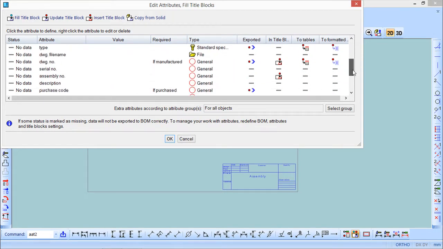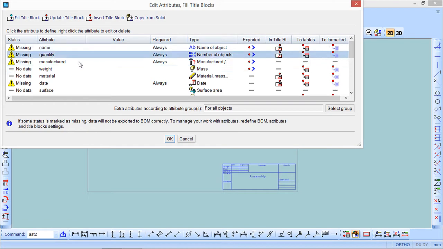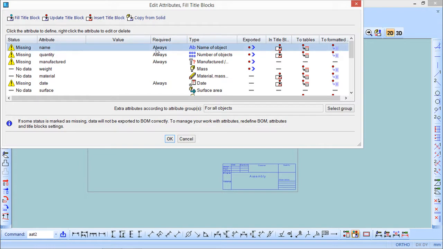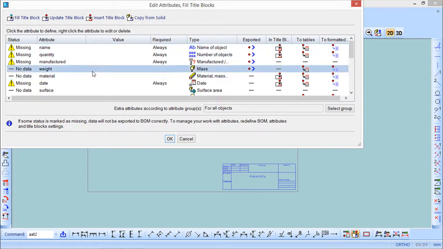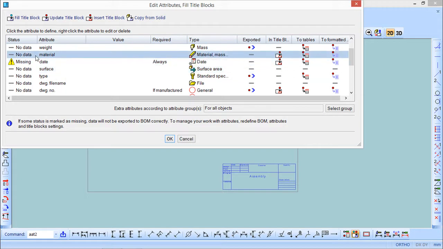So I have all the attributes I had, but only the ones that I had defined to insert in title blocks and that I put with always, they have a yellow sign. Okay, there is one or two, for example, this material, I had it defined but not required,